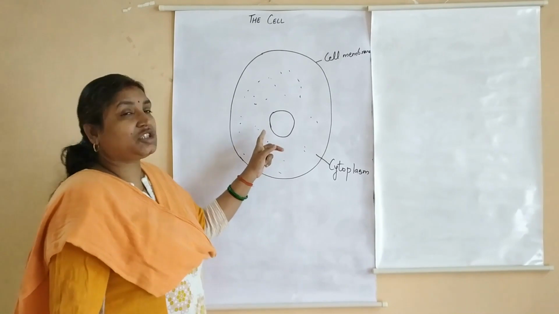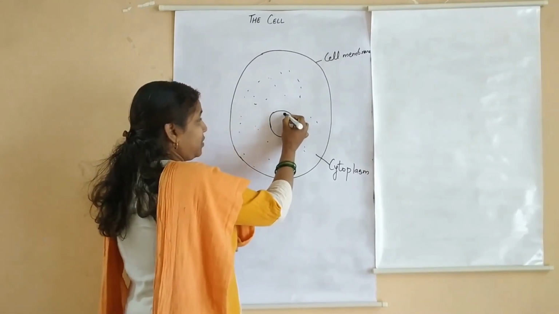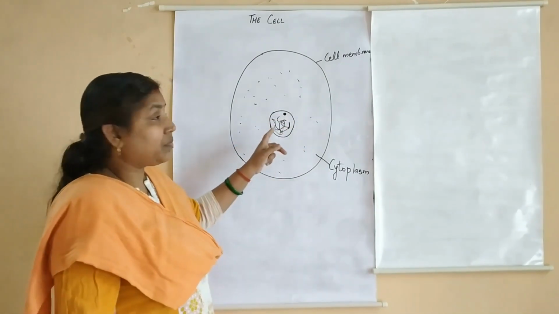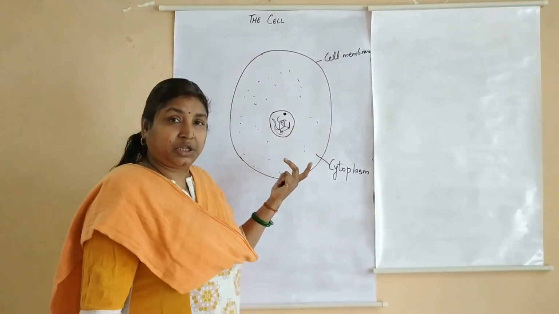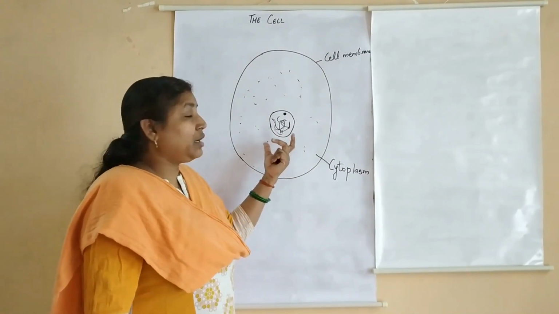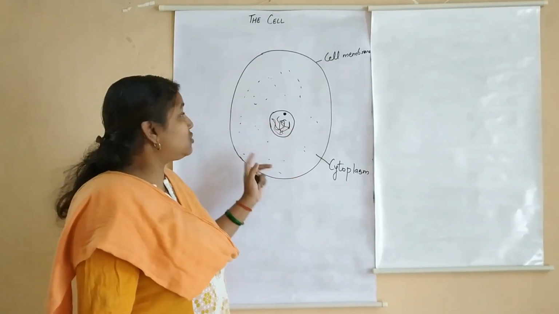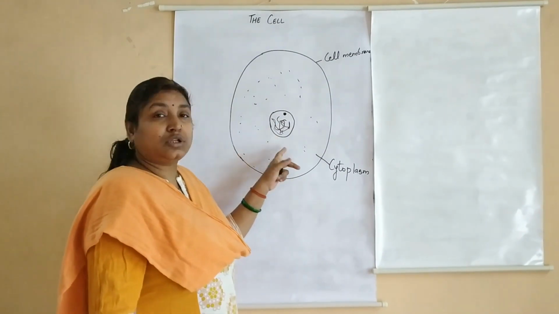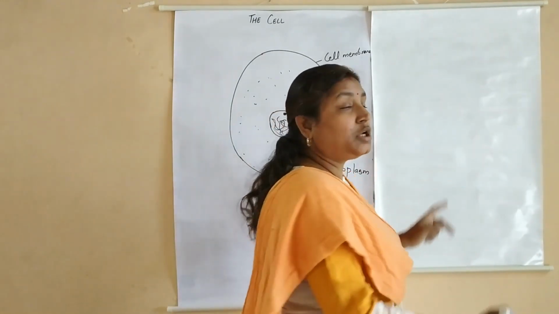And the third important structure present inside the cell is the nucleus. This is the largest cell organelle present in the cell. Now the nucleus is responsible for storing genetic material. It is also responsible for protein synthesis and it actually acts as the brain of the cell. So it controls all activities of other cell organelles within the cell. So nucleus is also known as the brain of the cell. Now let us study the structure of nucleus in detail.